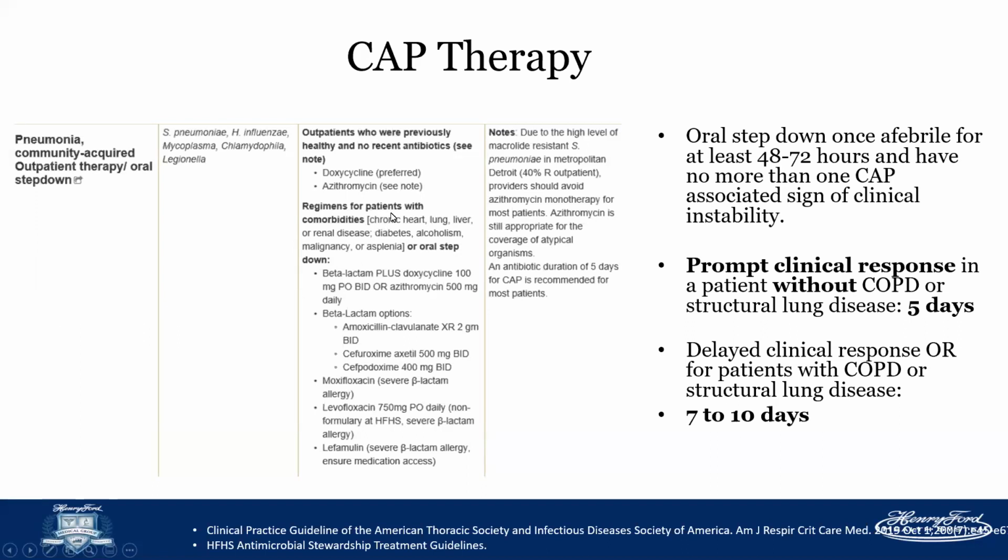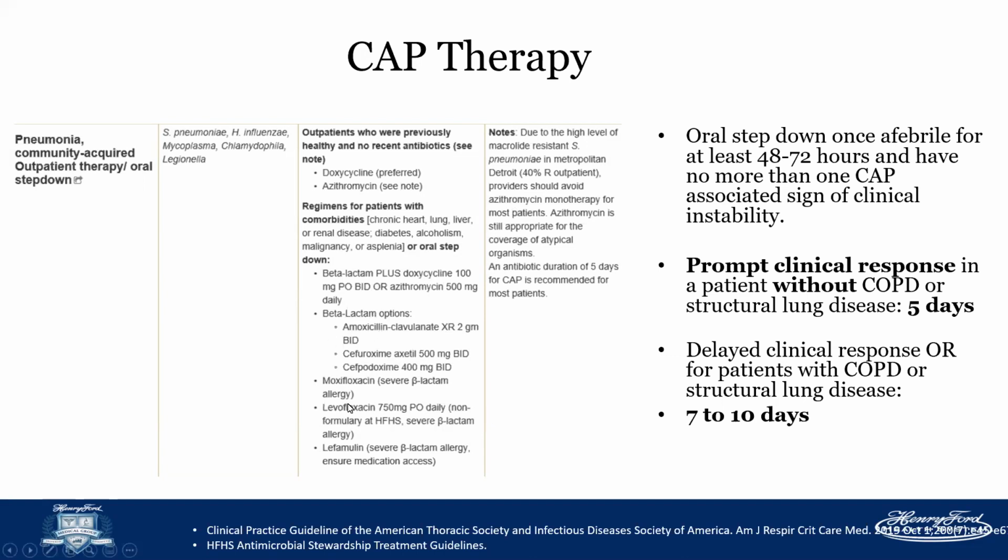So if someone does have comorbid conditions such as chronic heart disease, lung disease, liver disease, diabetes, probably the majority of our patients, then a beta-lactam plus doxycycline, or a beta-lactam plus azithromycin. And by beta-lactams, we're talking about amoxiclav or Augmentin, cefuroxime or cefpodoxime, plus either azithro or doxycycline. Azithro and doxycycline have atypical coverage, and the beta-lactams provide the strep pneumo coverage, and